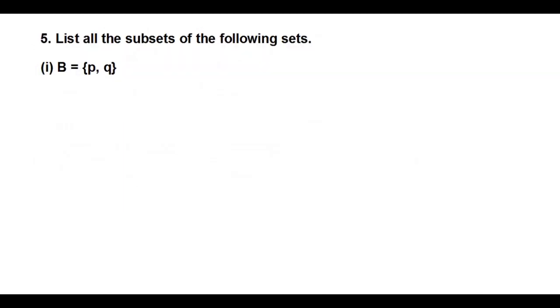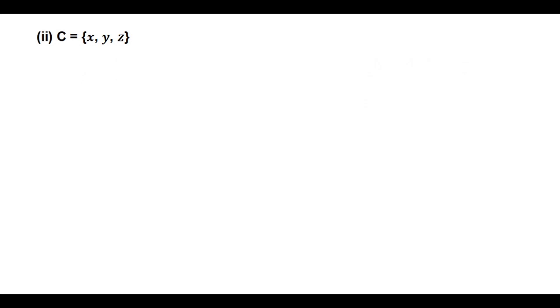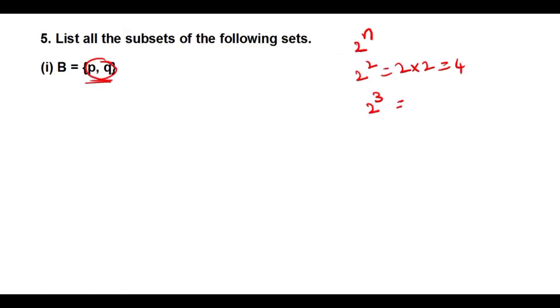Okay. List all the subsets of the following set. This is a very important question, children. See, there are two elements. You just follow this formula, 2 to the power of n, to get the number of subsets. If there are two elements here, then you write 2 power 2, that is 2 into 2, which is 4, so you will get 4 subsets. For example, if there are 3 elements in that set, then 2 power 3 is equal to 2 into 2 into 2. So 2 2s are 4, 4 2s are 8, so we get 8 subsets. How we get those subsets, we will discuss. Okay. So this is a very important question for the board exam.